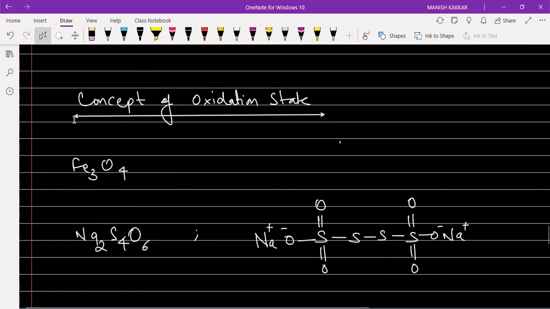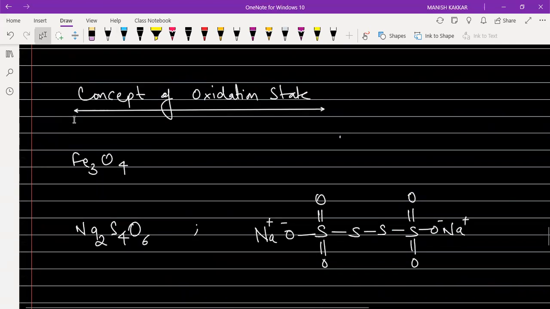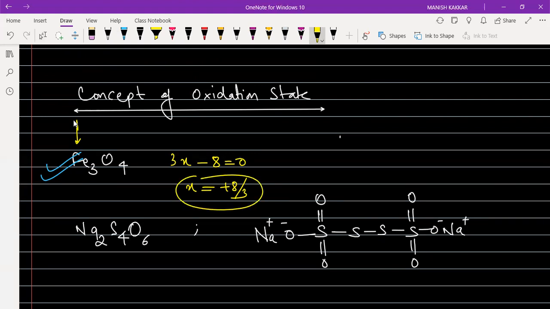और सम टाइम्स इन द बुक्स यू विल फाइंड अ टर्म कॉल्ड एज ऑक्सीडेशन स्टेट। देखो मैं इस चीज को समझा रहा हूं कि जो Fe3O4 है, अगर मैं आपसे कहूं कि आयरन का ऑक्सीडेशन नंबर क्या है, तो आप लिखोगे 3x माइनस 8 इक्वल टू 0, तो x की वैल्यू आएगी +8/3। तो क्या इसका मतलब ये है कि आयरन +8/3 चार्ज में है? क्या चार्ज कभी फ्रैक्शनल में हो सकता है? चार्ज तो क्वांटाइज्ड रहता है। मैंने बॉन्ड को 100% आयनिक assume किया है। चार्ज हमेशा क्वांटाइज्ड फॉर्म में होगा।